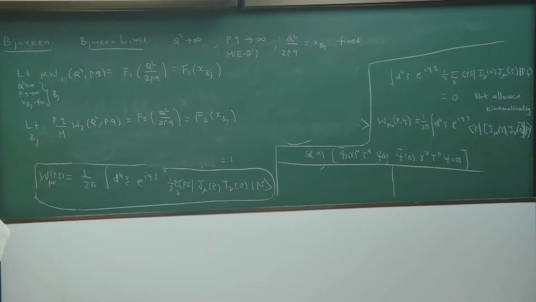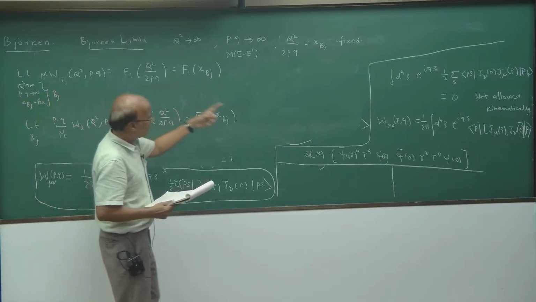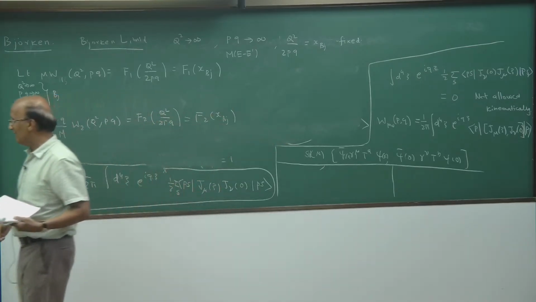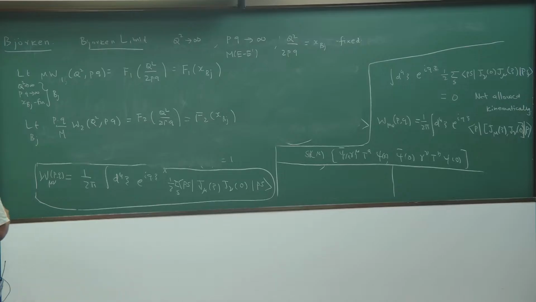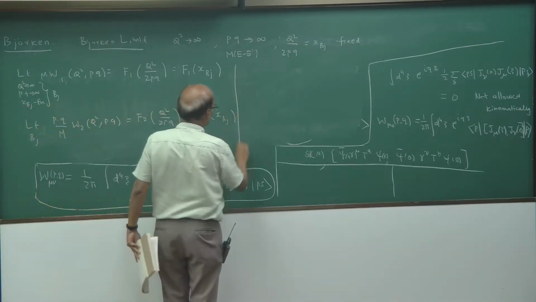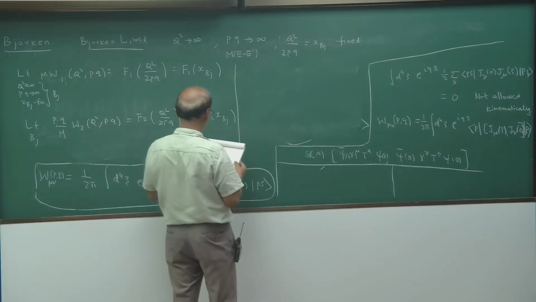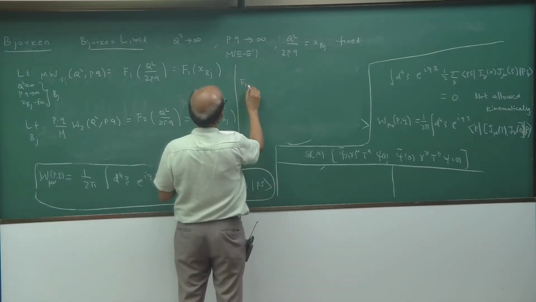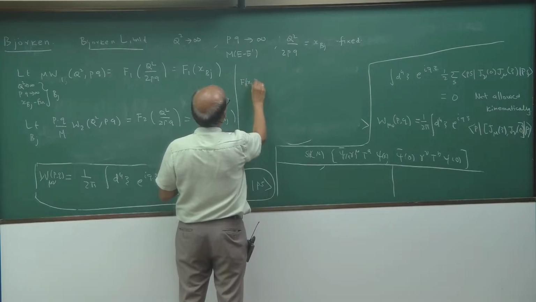If I really substitute this observation in my formula, you get a completely different perspective. I can also write down what this F1 and F2 are in terms of those currents. It's not difficult to see. Maybe I don't have space here, so I will write down at least one of them. It is not going to shed much light unless you work it out yourself. F1 of xbj is just